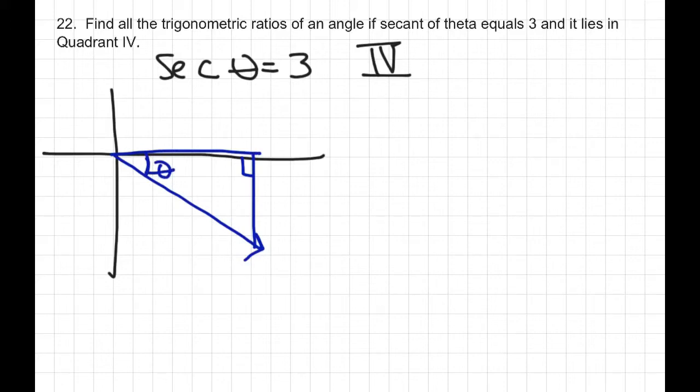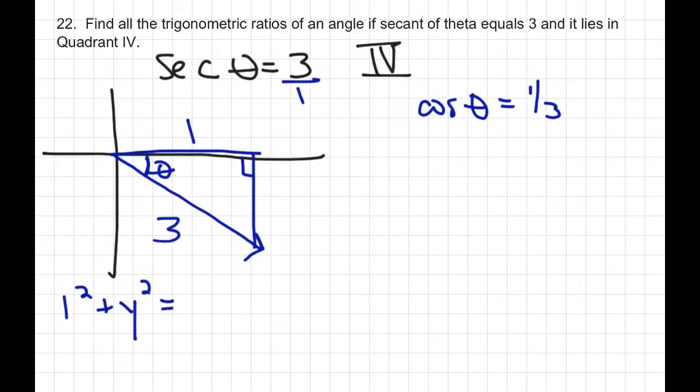If the secant is 3, remember that's the same as 3 over 1. If I know secant, then I also know its reciprocal, which is cosine. And if I know the cosine, then I know the side adjacent, and I know the hypotenuse. And I can use the Pythagorean theorem to find the side opposite. So the side opposite,